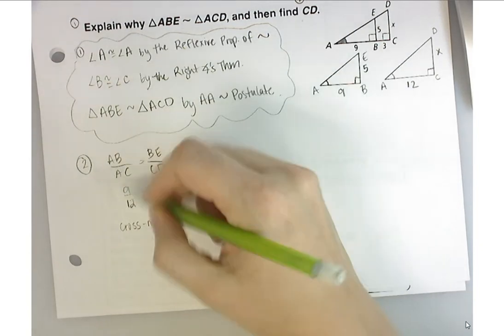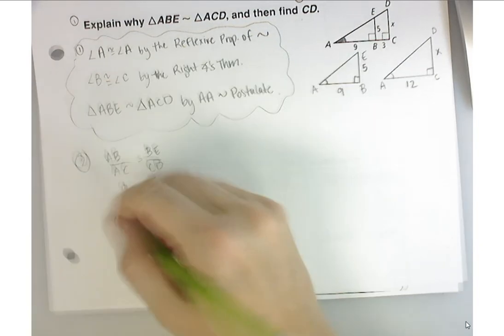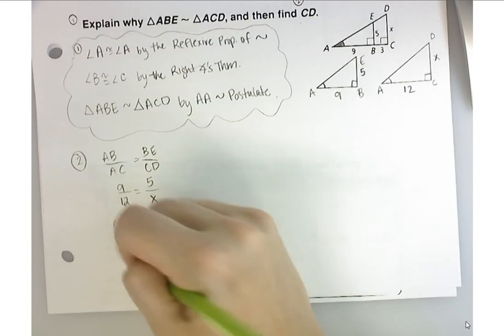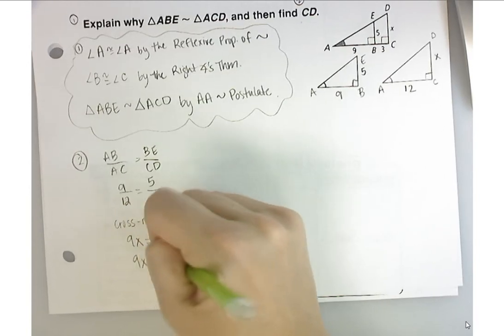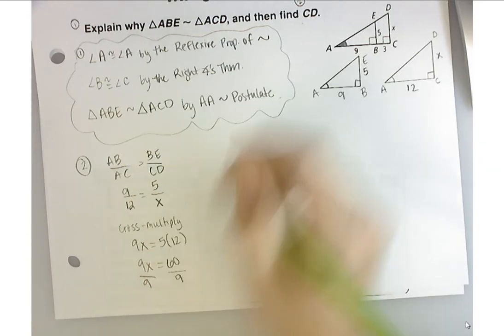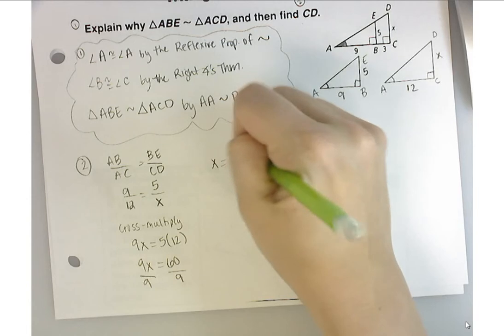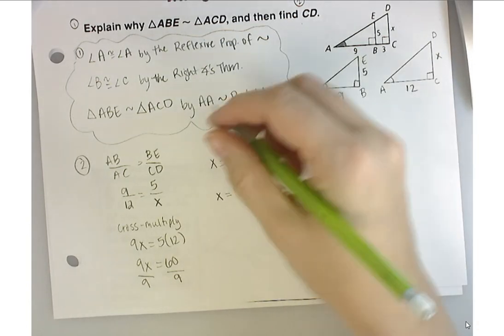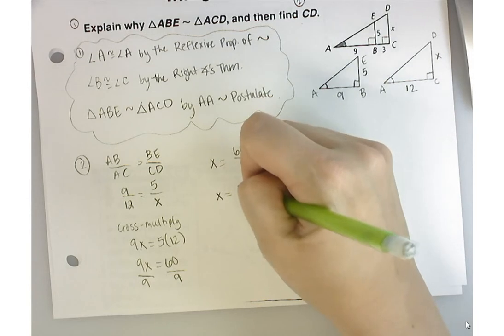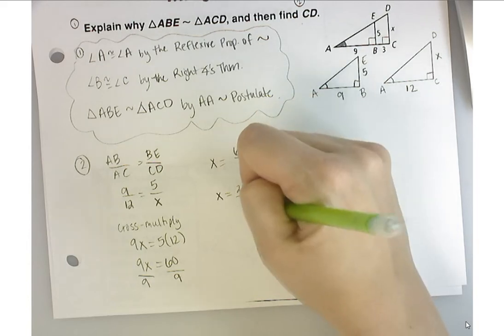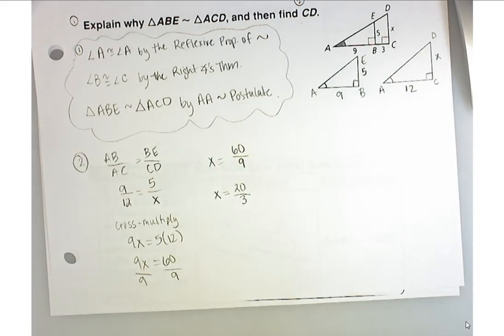So if I cross multiply, I'm going to have 9 times x equal to 5 times 12. What's 5 times 12? 60. And then I'm going to divide both sides by 9. What number goes into both 60 and 9? 3. So if I divide them both by 3, if I divide 60 by 3, I get 20. And then 9 divided by 3, I get 3. Okay, so 20 over 3,